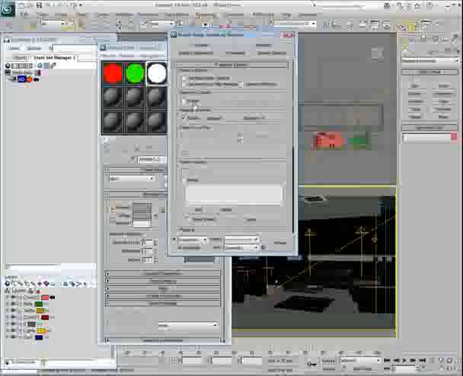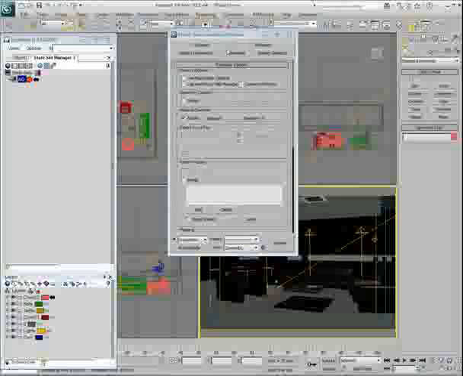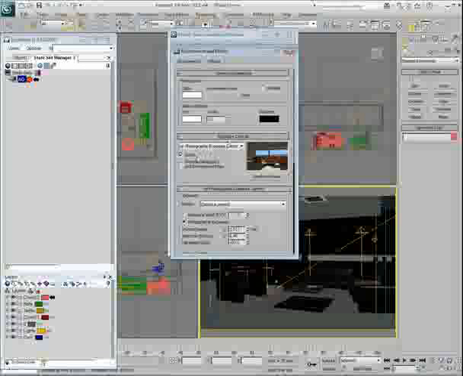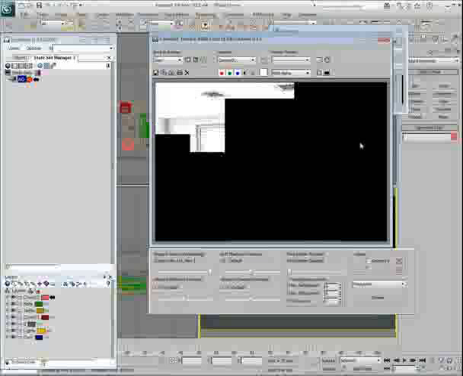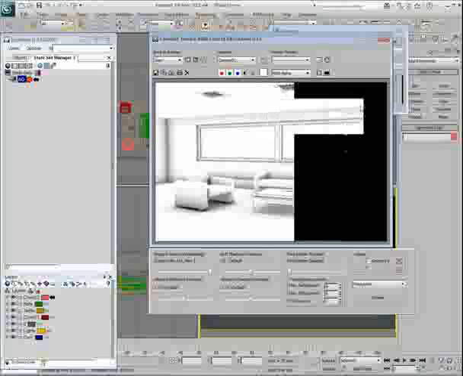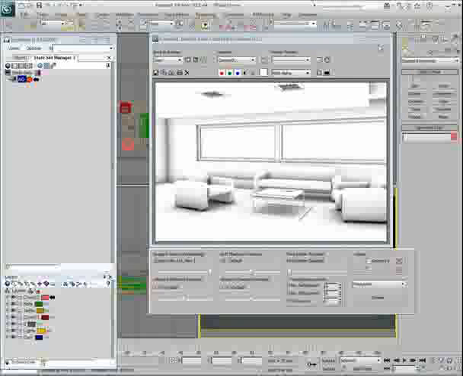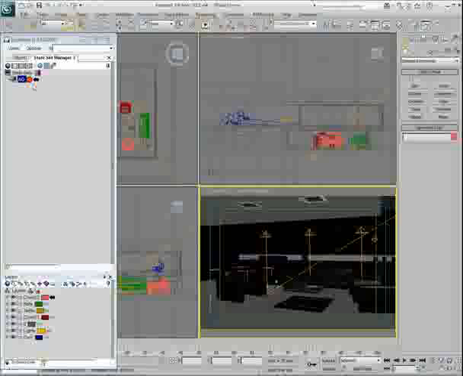I'm also going to go into the environment and make sure that the exposure control is turned off. And while I'm doing this, I can just render this out and tune anything that I might want. I think for right now this will be okay. You can see we have a global AO pass here, and that'll be good. If I stop recording, we could obviously save that out and give it a time range and everything else and